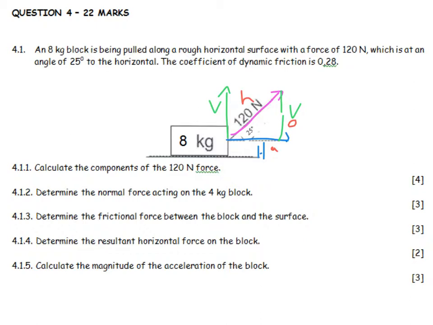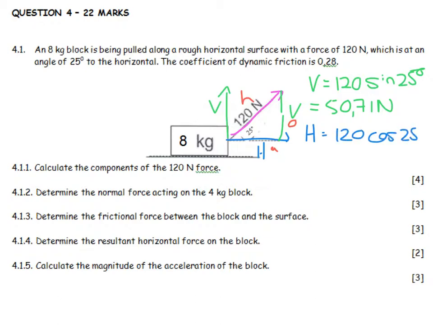So the vertical component is going to be equal to 120 sine of 25 degrees. Why? Because it's the opposite side, and that's 50,71 newtons. And then my horizontal component is equal to 120 cos of 25 degrees, and that turns out to be 108,76 newtons. Then it says determine the normal force acting on the 8-kilogram block. Well, I know that there's a downward force of 78,4 newtons. That's 8 times 9,8. And there is an upward force of 50,71. So the resultant force, the normal,